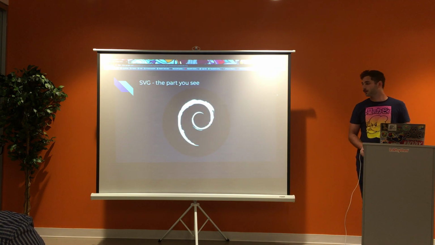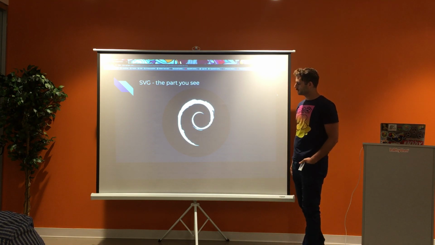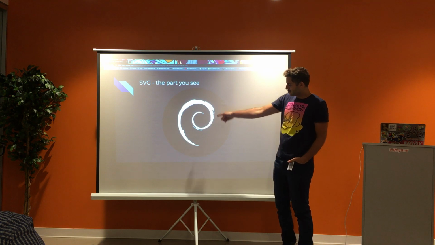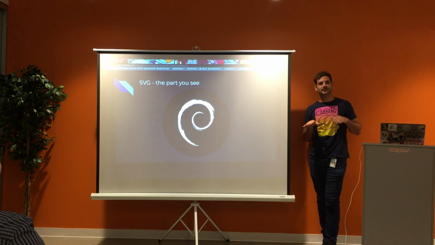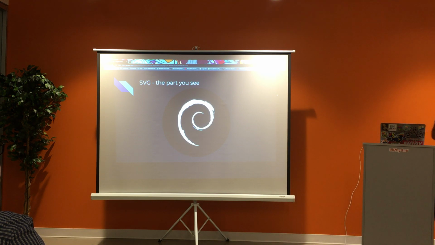This is the Debian logo. I don't know, this is pretty big. I think you could see this. This is a very simple but deceptively incredibly difficult SVG,